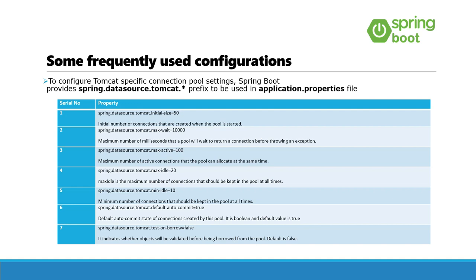But one thing we have not talked about yet: why do we need a connection pool? That's a good question. If you are working on any web-based application, you might be getting thousands of requests at a time. If you get 1,000 requests for your web application, that means 1,000 threads in your application, and every thread should have a separate database connection.